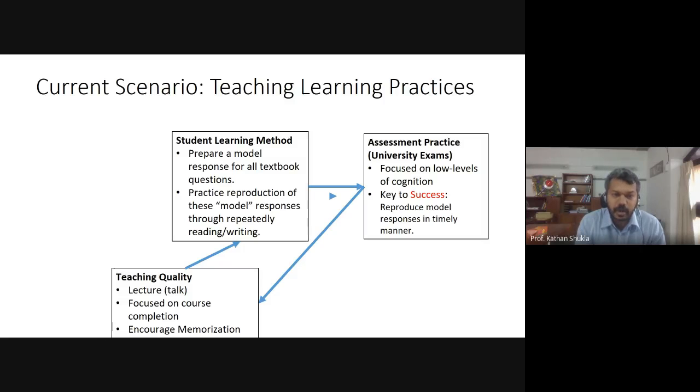see, whatever we talk about, all the great things about, you know, teaching, learning, pedagogy and all of that, what students end up doing under the name of studying is actually this. They will be spending time preparing this model responses or practicing reading, rereading, rewriting again and again to, unless they actually memorize all the points of their answer.